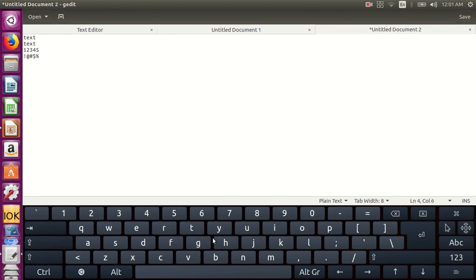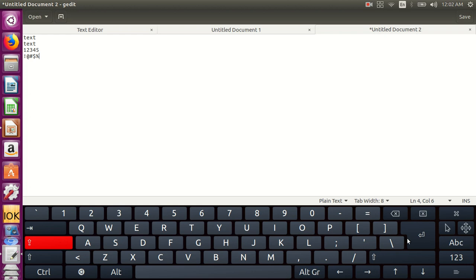If the alphabets need to be typed in capital letters, that is in uppercase, then the Caps Lock key has to be pressed once. Once the Caps Lock key is pressed, a green color light will appear on the key. It indicates that Caps Lock is on.